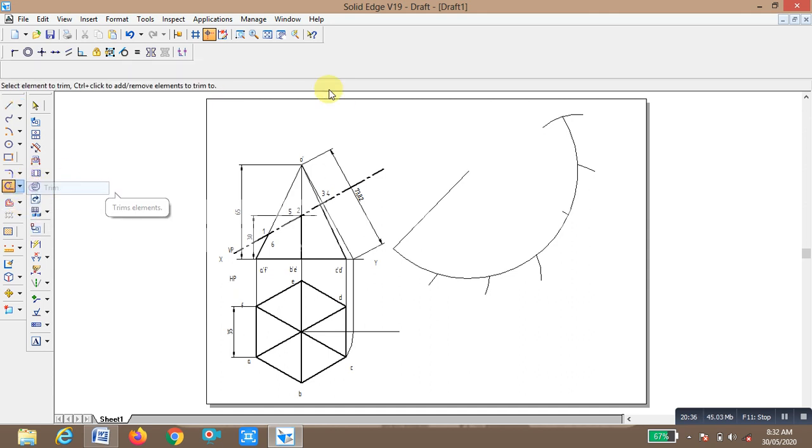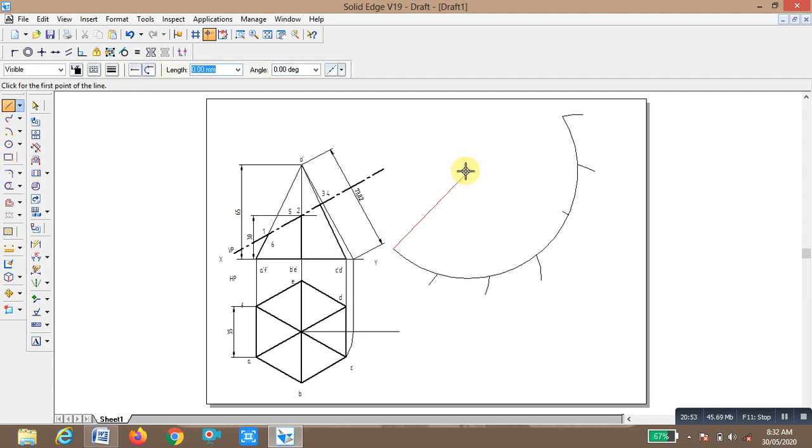Line command, click at the extreme end and at this point. Again you click on all the arcs, connect all the arcs. Similarly from this to this, and here to here.